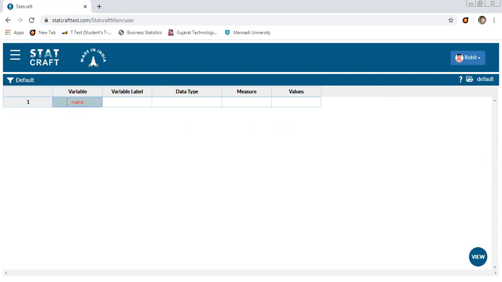So name has been taken in some other data, so we have to update it. For example, I will write name01. So it is acceptable. Now it would automatically detect what type of data it is. Name data is string data, nominal values would be there. Again, I would be adding one variable, that is marks.